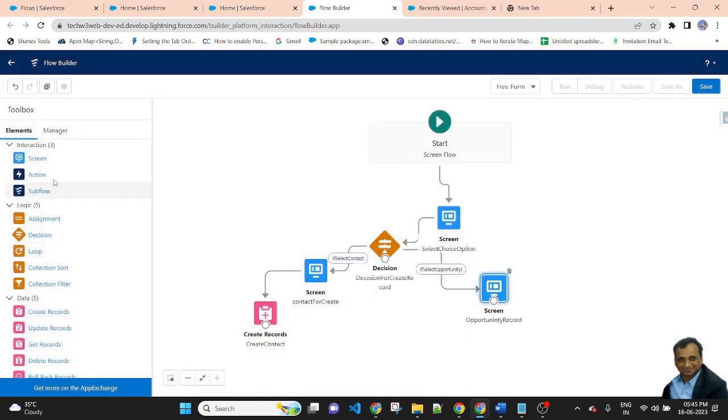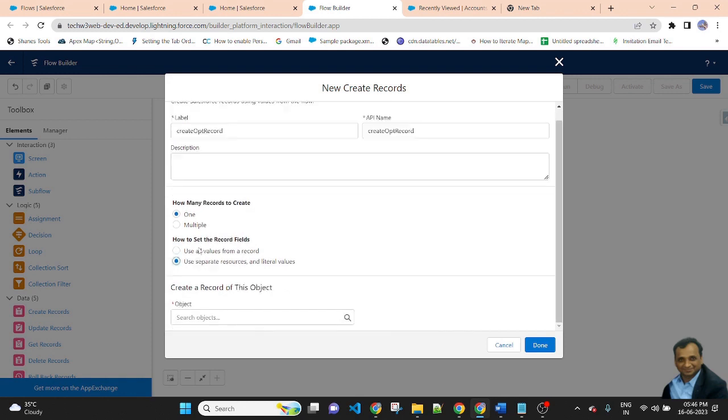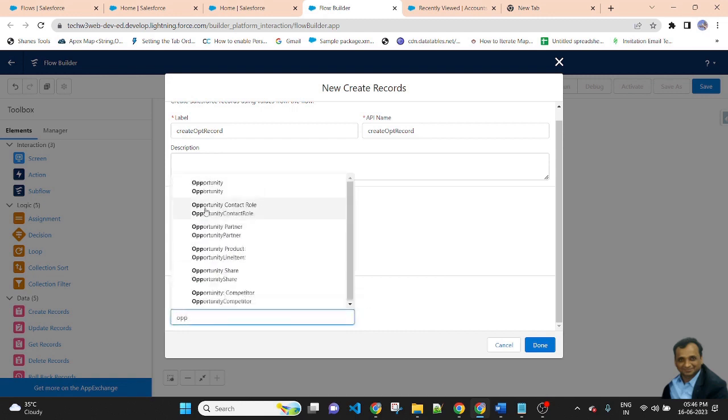Then create a record of opportunity. Select create record, drag and drop here. Create opportunity record. Select use separate resource. Because I am creating an opportunity record, I am selecting opportunity here.